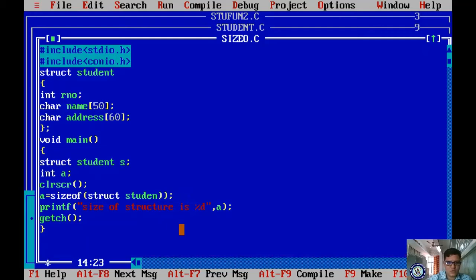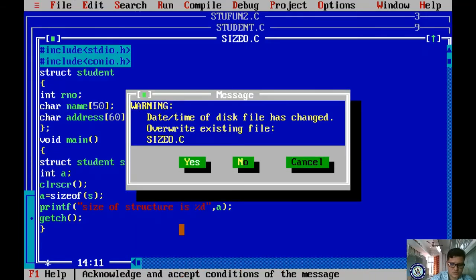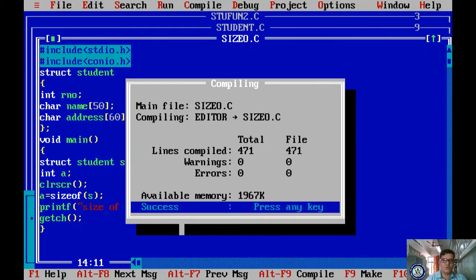Not required. That is the type, just s. Okay, sizeof s. F9. There is no error, right? As we know, s is the structure variable, right? Control F9. It is showing 112.